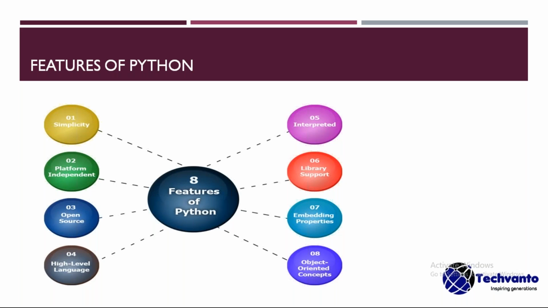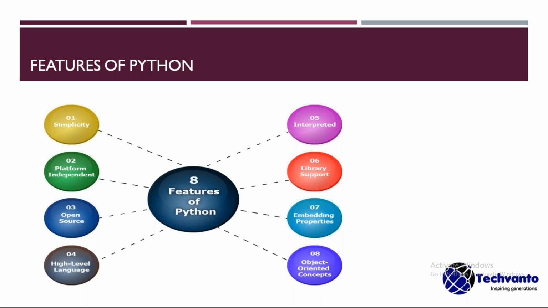Python is open source, as I explained before. Python is a high-level programming language, as I discussed earlier, and it is interpreted, which I also discussed. And it has library support. Python contains object-oriented programming concepts, like classes and objects, multiple inheritance, single-level inheritance, function overloading, and dynamic allocation. A lot of concepts are available in Python, as we can discuss further later.